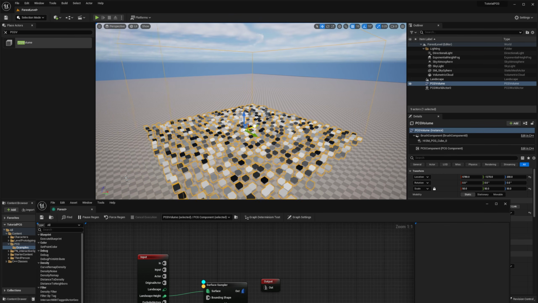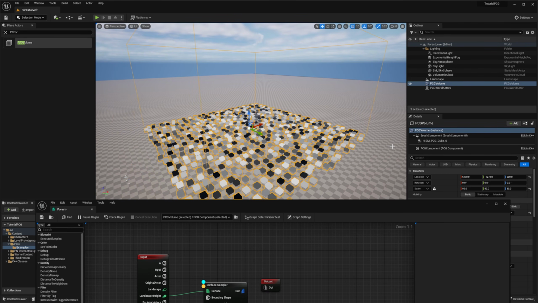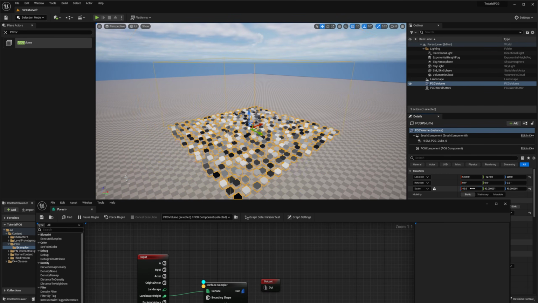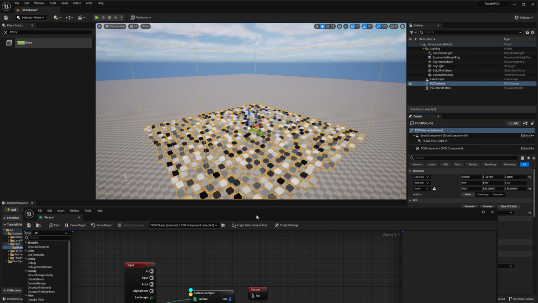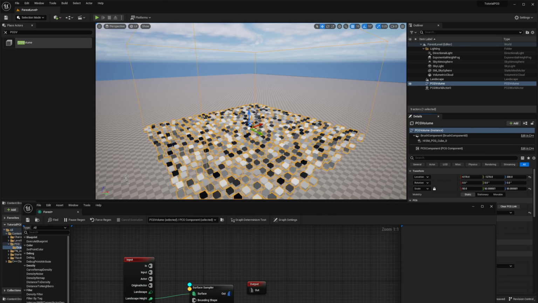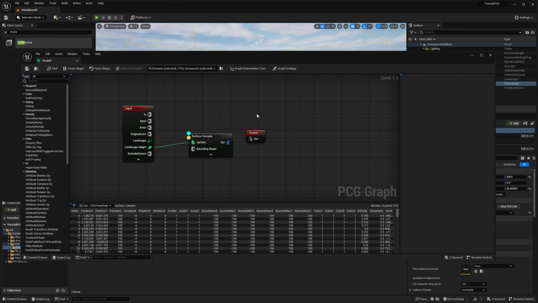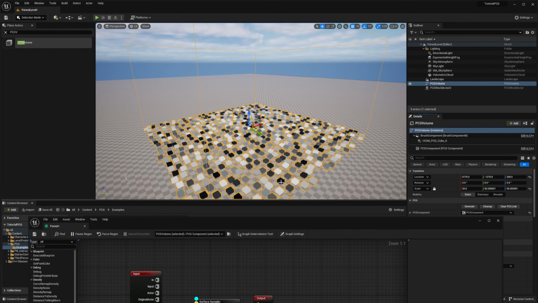So if you are moving the box a bit, you can see that it generates new stuff. If I make it a bit smaller, it will rescale and sample in this new range. So it will regenerate automatically. What also is interesting is you can see that the points have different color. For the debug information, it's related to the density that's stated in this column. So a density of 0 is black and a density of 1 is white. Density is between 0 and 1. In the case of the surface sampler, the density is also random by default.